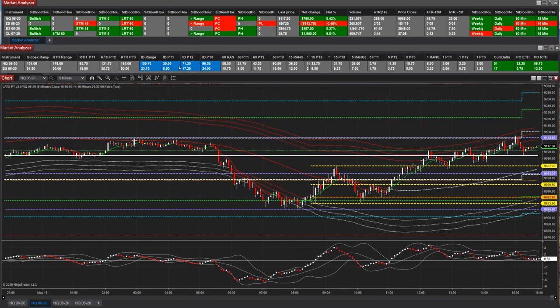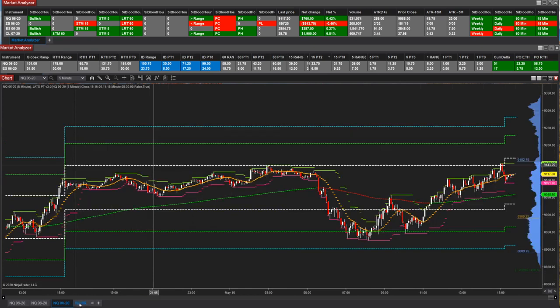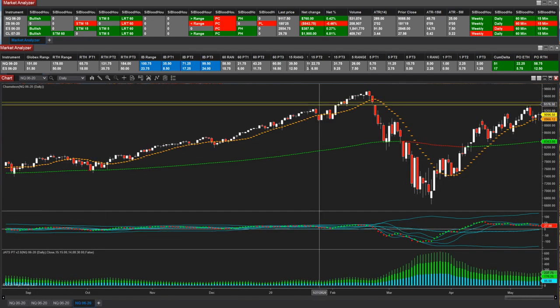So it's laid out right there, gives you your target, and then using these tools you can break it down even further. You can give yourself a 1-minute range, a 5-minute range, 15-minute range, or 60-minute range to coincide with what you would like to have that information for at any given time. But always trading within that overall framework of market condition, obviously failing at this gap line,